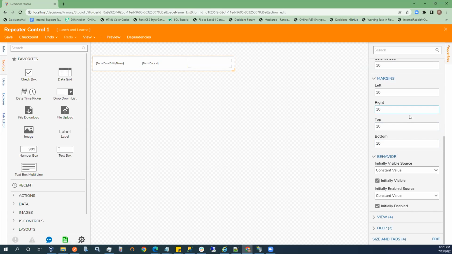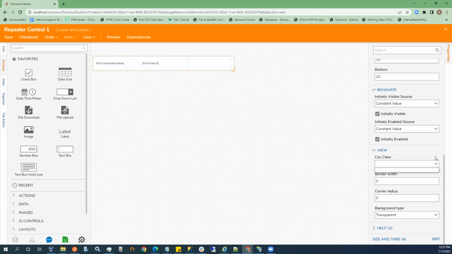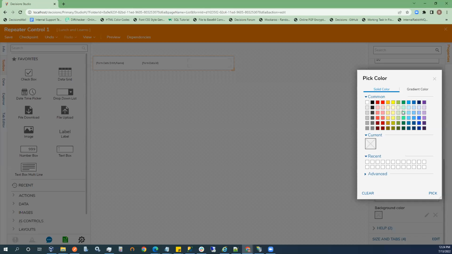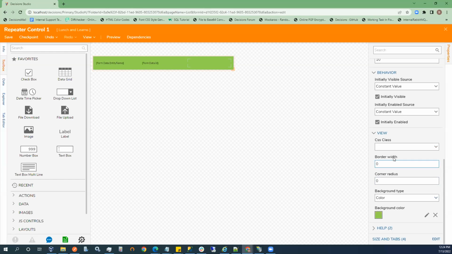Exactly. So based upon a condition, we may want to put all the background of that line in red or in green, for example. Okay, so we can go to background color. We can do that standard for the original, just for the form data. I would think this may be possible, maybe with CSS. Maybe we could apply CSS to,